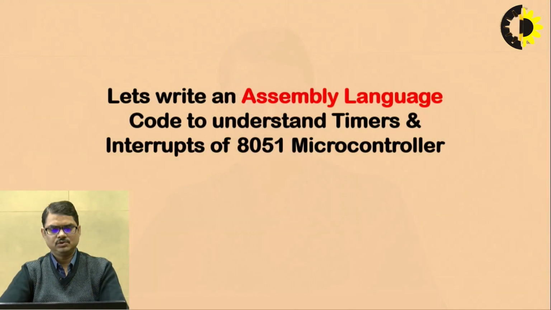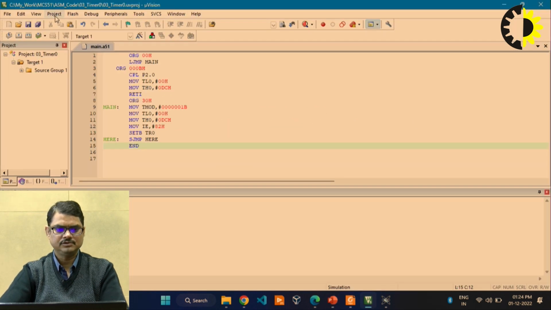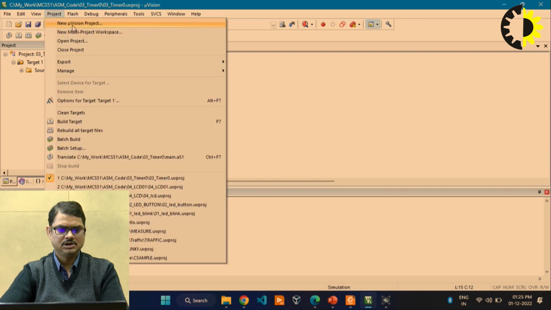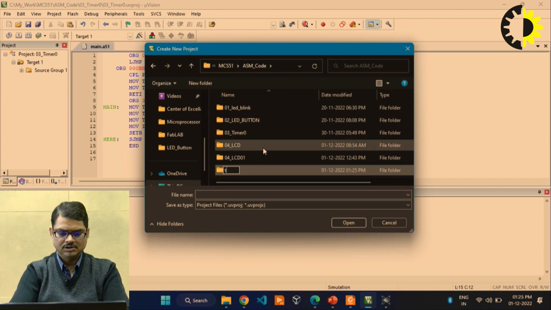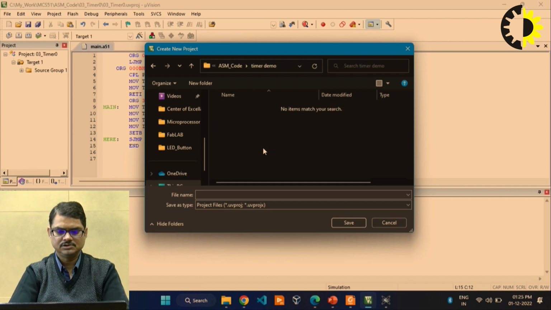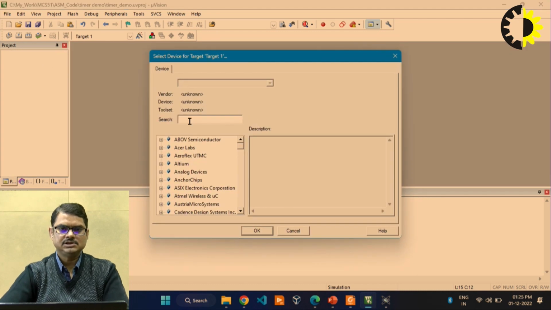Let me quickly show you the code. Let me open Keil MicroVision and make a new project. I am creating a new folder named timer demo, and inside this folder I am making a project named timer demo and saving it. The next thing required is to select the device. So, I am selecting